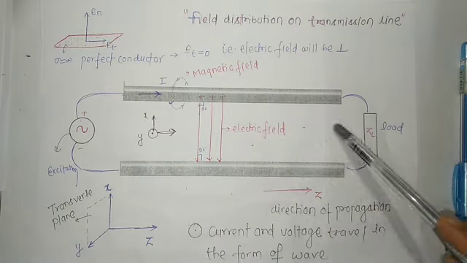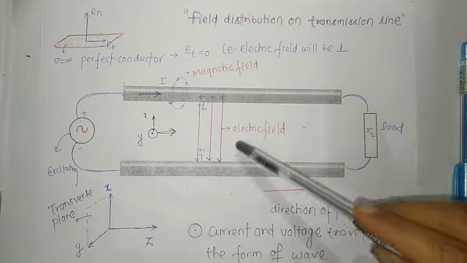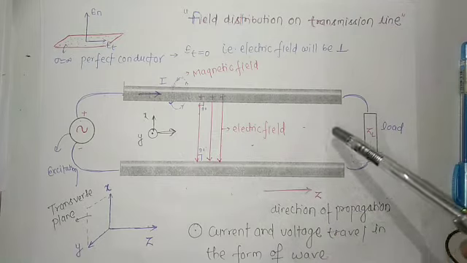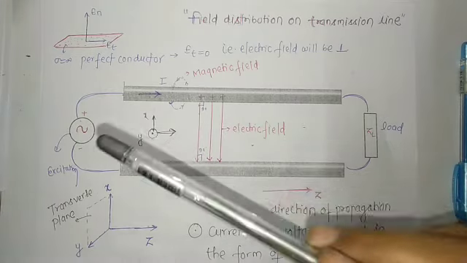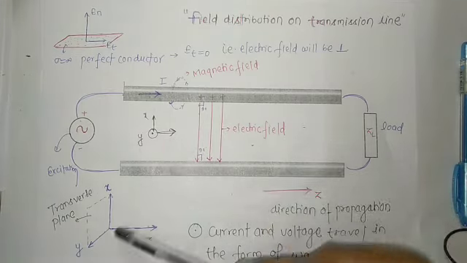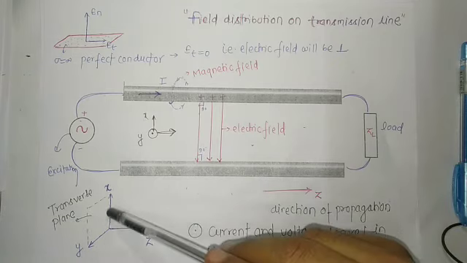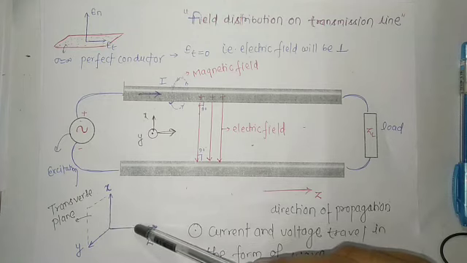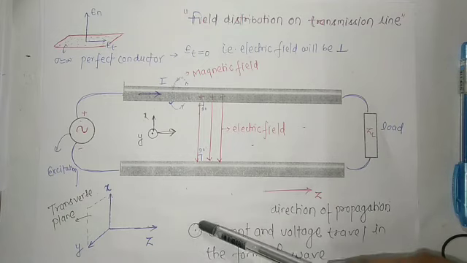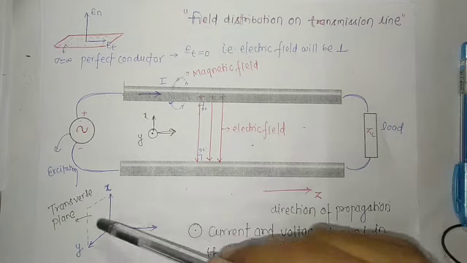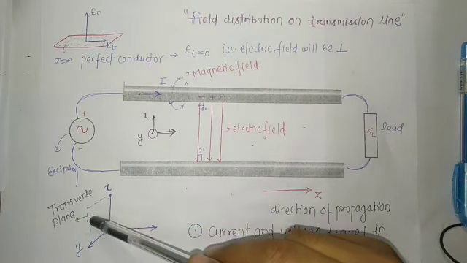Now observe this coordinate system. This is the direction of propagation, because what is the function of a transmission line? A transmission line guides the energy along its length. This is the x-axis and the y-axis will be perpendicular to the paper. Look at this figure. Can I say with the help of the x-axis and y-axis we can make a plane, and this plane will be perpendicular to the z-axis, and the z-axis is nothing but the direction of propagation, which means the z-axis is perpendicular to this plane, and this plane is known as the transverse plane.